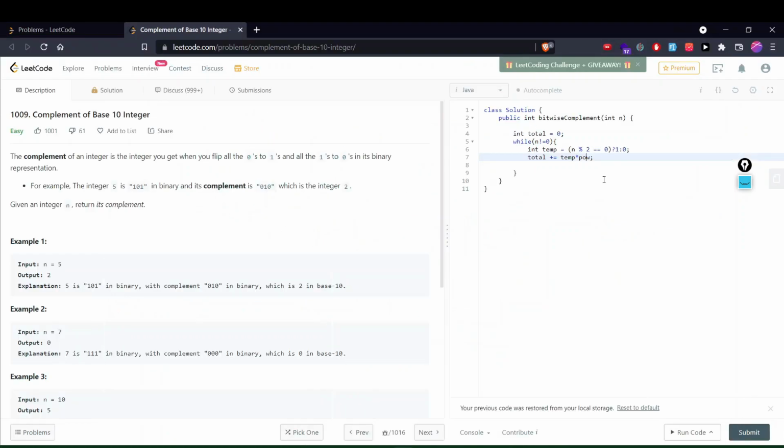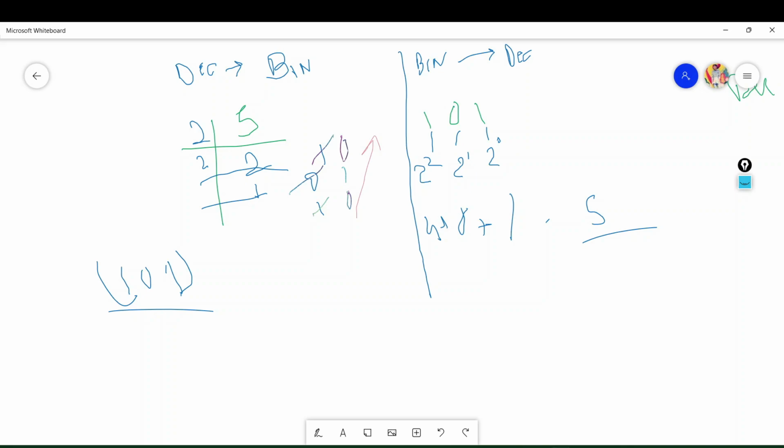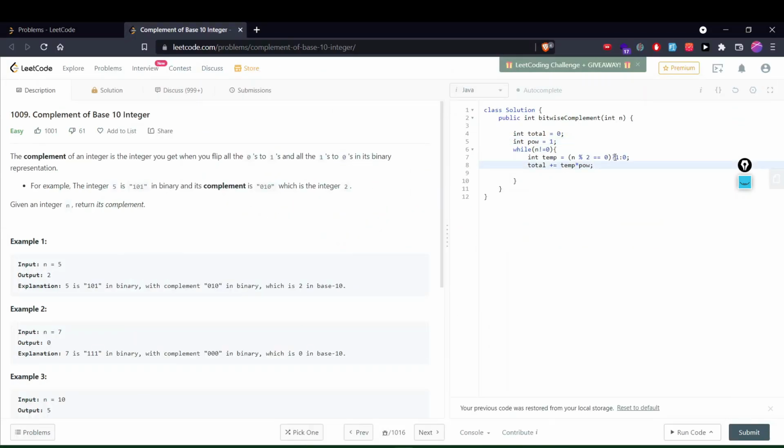The initial value of this power variable will be 1, since 2 to the power 0 is 1. After we multiply the first bit with this, we have to update the power variable. We can simply do power times equals 2, again using a shorthand. Once we do this, the power's value will be multiplied by 2 for the next round.